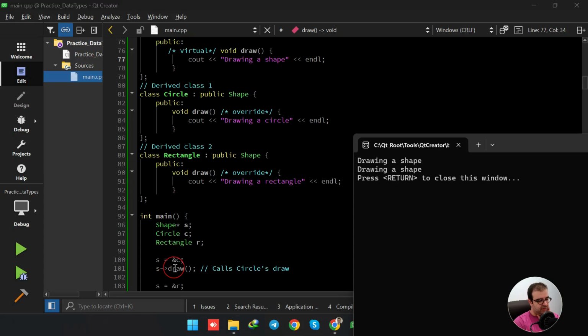Then pointer arrow draw should call this function, because the address of the object of this derived class is assigned to the pointer of the base class. Okay. Therefore, when this pointer is calling the draw function, it should call this function, drawing a circle. But we see that it is not showing that message, and it is calling this draw function and drawing a shape. So when not using virtual functions, because C++ uses static binding, it is going to call this draw